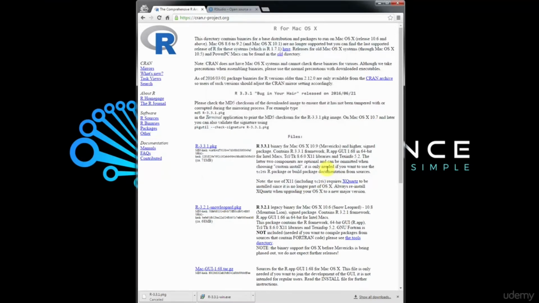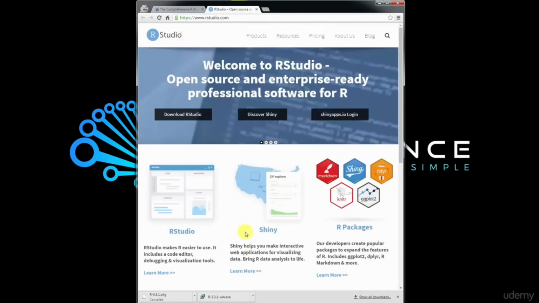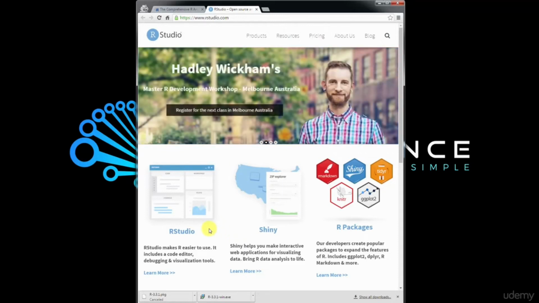But the thing here is that we also need an IDE, an integrated development environment, to work with R. And the best environment for working with R, that I find, and probably most people find, is RStudio. It's an environment developed specifically for working with R, and it is very convenient for a data science type of thing. So to get RStudio, you need to go to